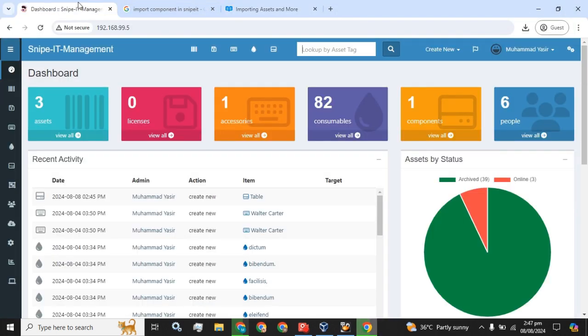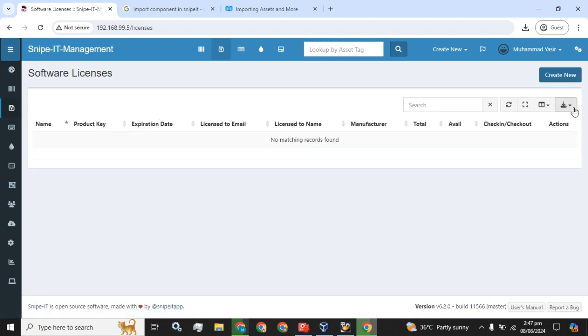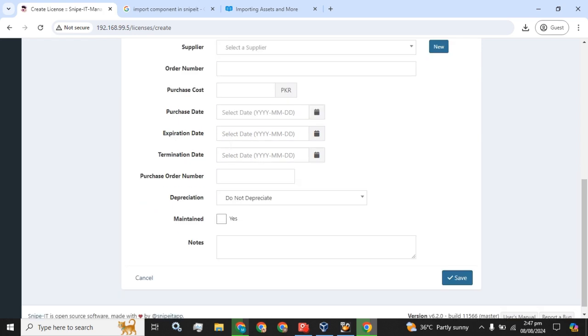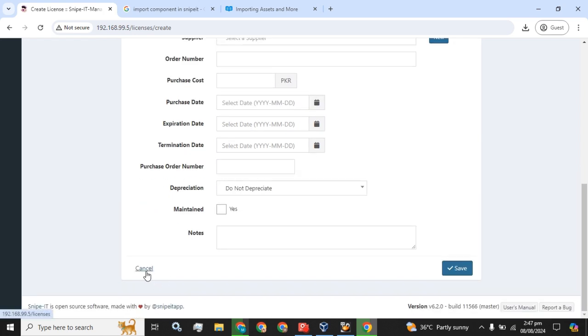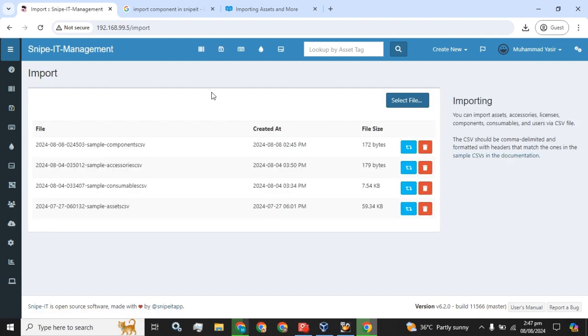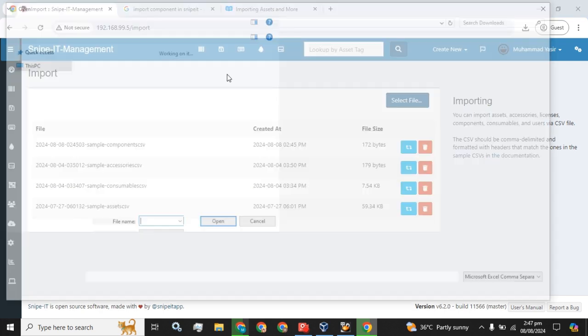and what is the next step? If you are adding a single license, you will simply have to click on this licenses button and click on this create new button and add these details according to your organization. If you are importing the whole licenses file, you want all the details in one step, you have to find this import button in the main menu and click on this button, and here you have to attach that CSV file which contains all the information about your licenses,